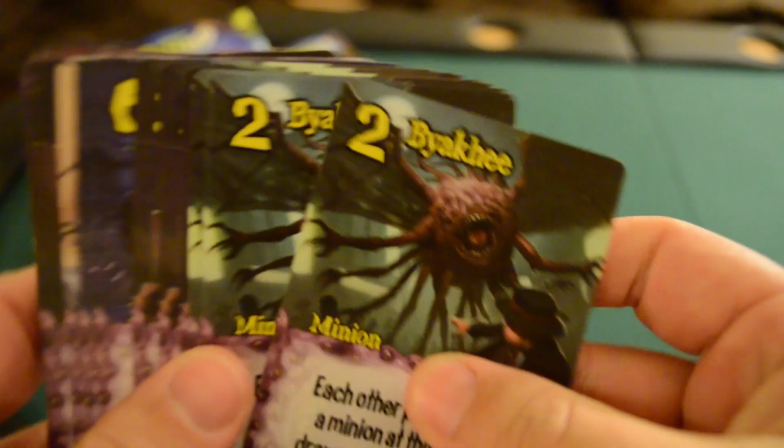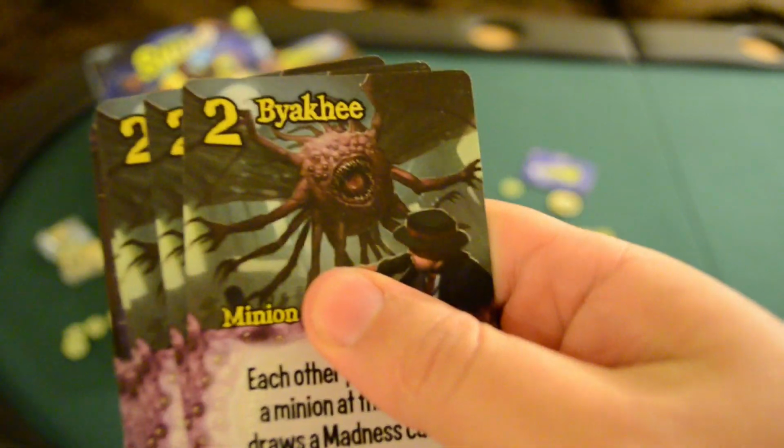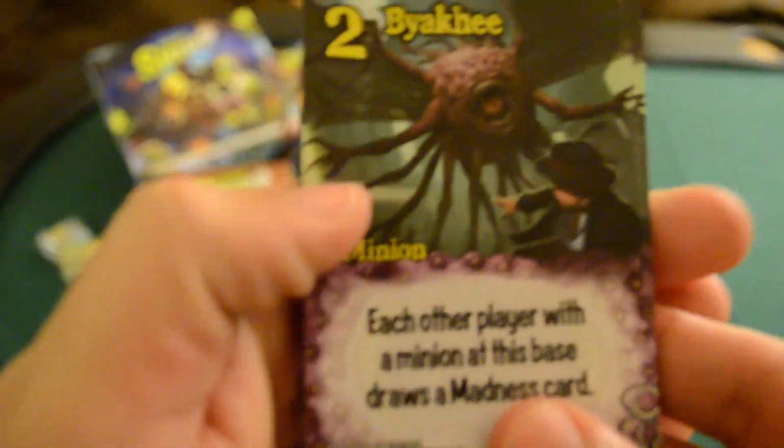These are the Miskatonic guys. Pretty neat little faction. Next up are the Elder Things. These are all the other creatures that go bump in the night in the Cthulhu mythos that aren't actually Cthulhu. Excuse me. Let me get that on frame. So we have